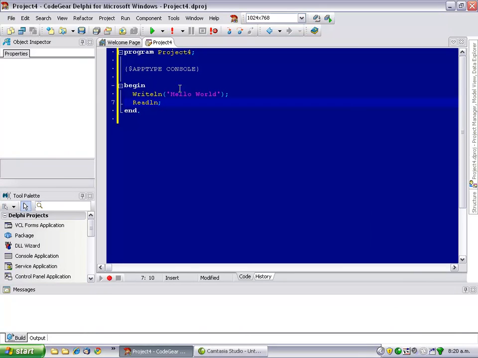Now the basic structure of this program is we've got a keyword program and the text Project4, so we're creating an executable Project4.exe. The next thing is this APPTYPE CONSOLE, and this is a compiler directive telling Delphi to create a console application. Now the first bit of code is here, and the code between this begin and end dot is what is executed when the program runs, and anything after the end